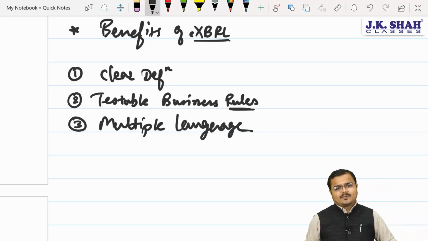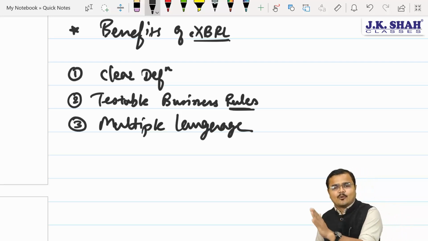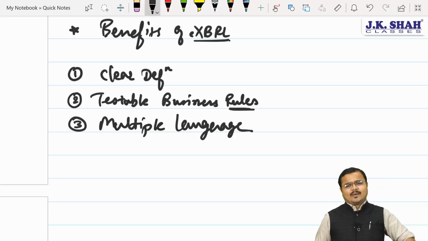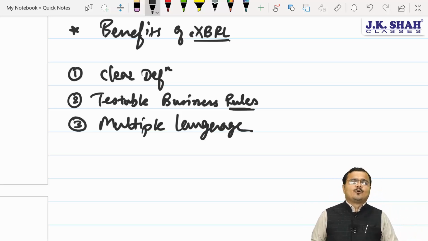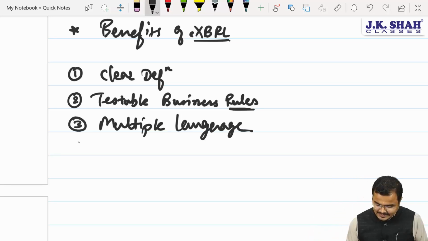Multiple language benefit. Now chartered, multiple languages refers to what? As sir you had already explained, XBRL is designed for this purpose only, that we can convert the reports into as many languages as supported by XBRL. Understood? Yes sir. So people, there is no language barrier now when it comes to business reporting under XBRL. And last but not the least chartered, the fourth one, very important one, and that's what?